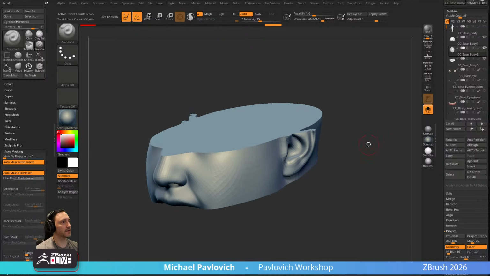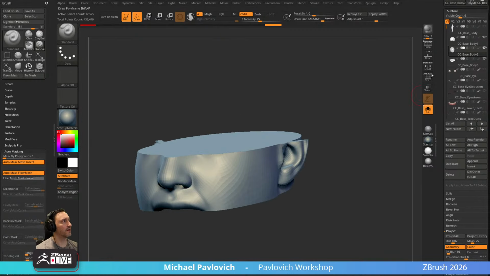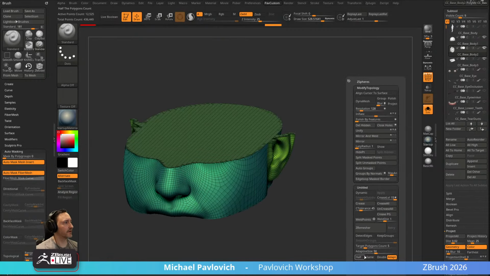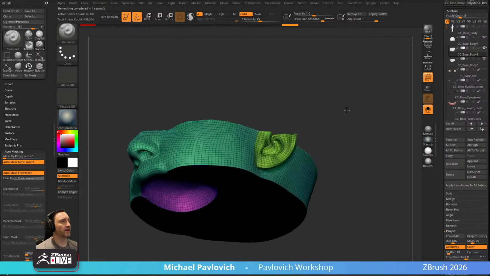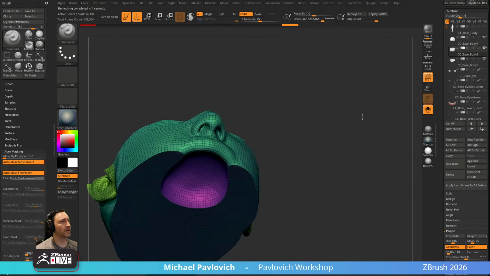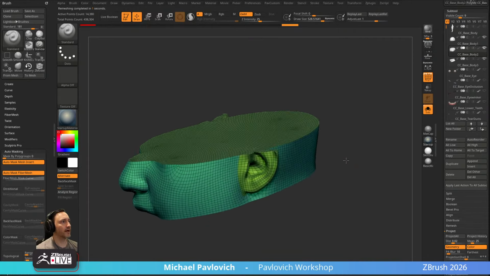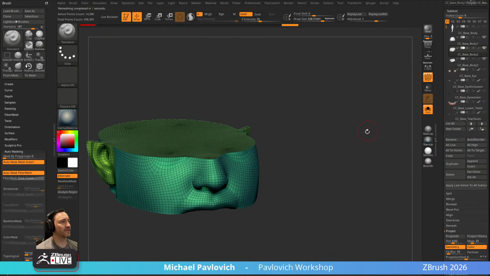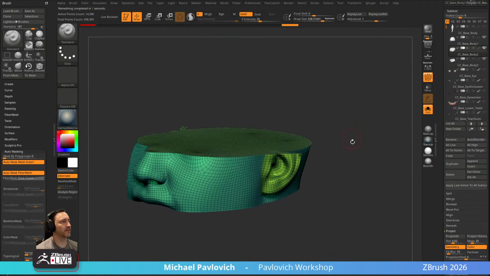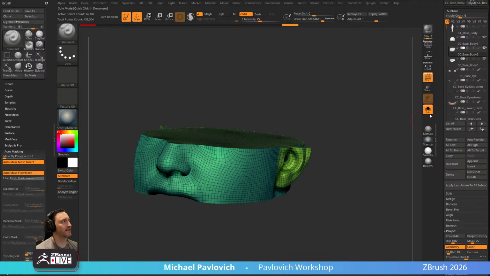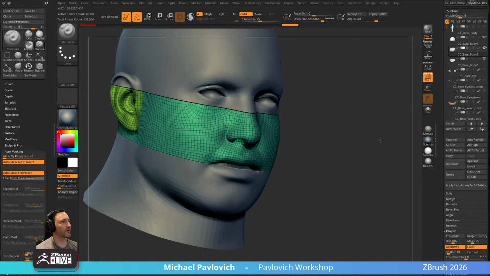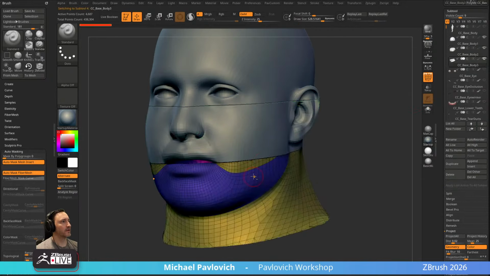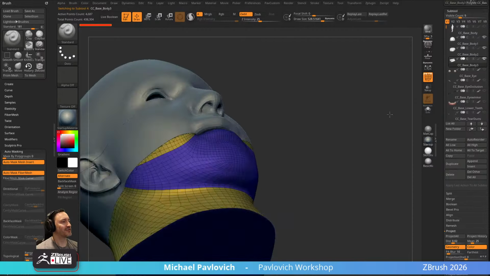So we'll do that. Again, X symmetry turned on. We'll go ahead and say ZRemesh same, adaptive size down, keep groups, smooth groups down to 0, ZRemesh. There we go. Looking pretty good for a rebuild. On this one, I'm not overly concerned about keeping the details because I don't have anything like those eyelids. So I think we're good to go. I don't think I need to store history and project back. This one,